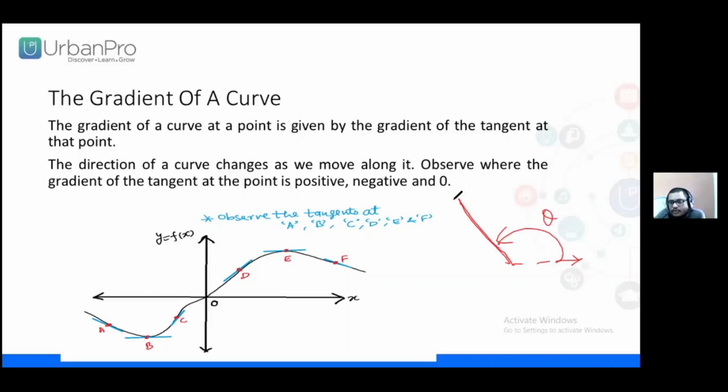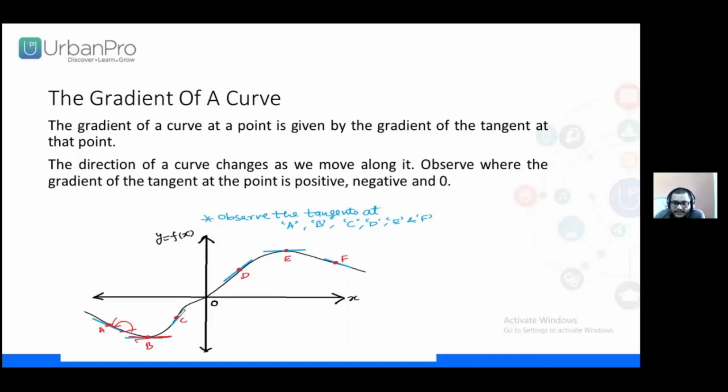So the value of the function is decreasing at this point. Here we can see this tangent is making more than a 90-degree angle, so the function is decreasing with respect to x. Here it is parallel to the x-axis. So x is changing, but the function is not changing at this point. So the derivative at this point will be 0. That is, the gradient at this point will be 0. The rate of change will be 0.